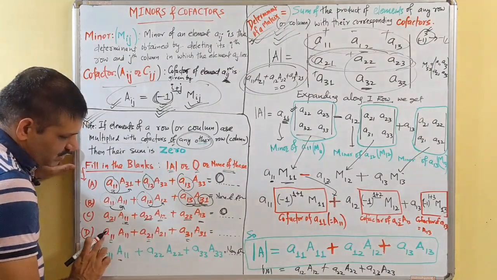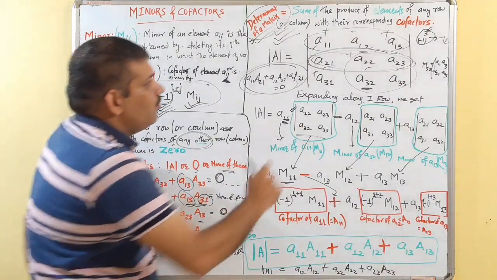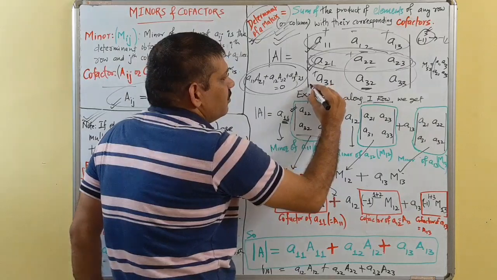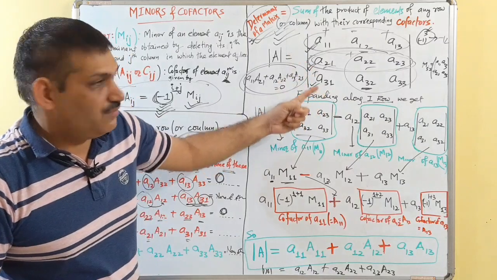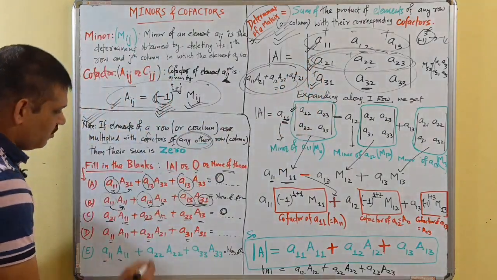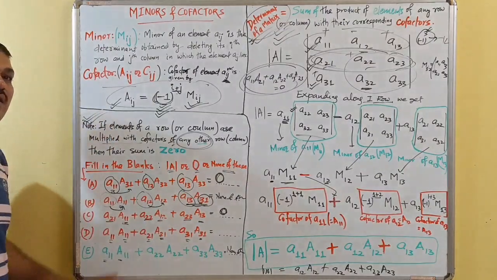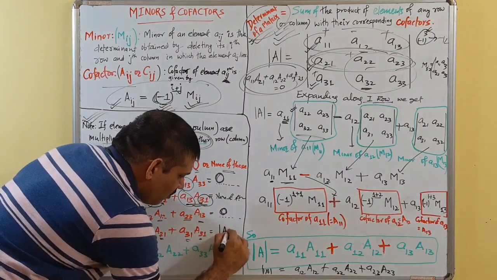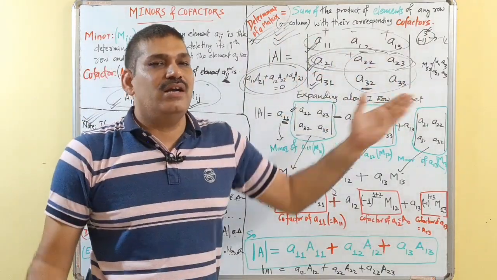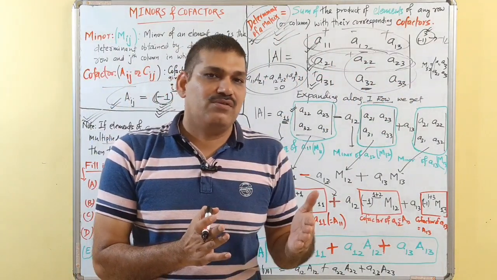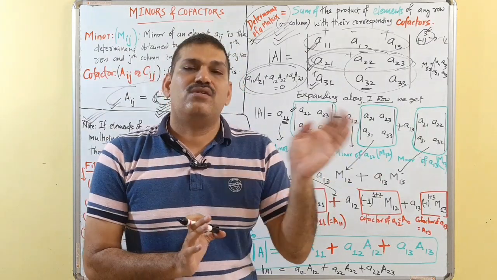Let's check this. A11, A12, these are elements; small a are elements and capital A are cofactors. 1 1, 2 1, 3 1. We have chosen the first column. Let's see if we have multiplied by the corresponding cofactors or not. Yes, 1 1 is multiplied by 1 1, 2 1 by 2 1, and 3 1 by 3 1. This is the value of the determinant, or what we call delta. But if we choose any random 3 elements and multiply them by their corresponding cofactors, it is not going to come out exactly equal to the value of the determinant or 0.